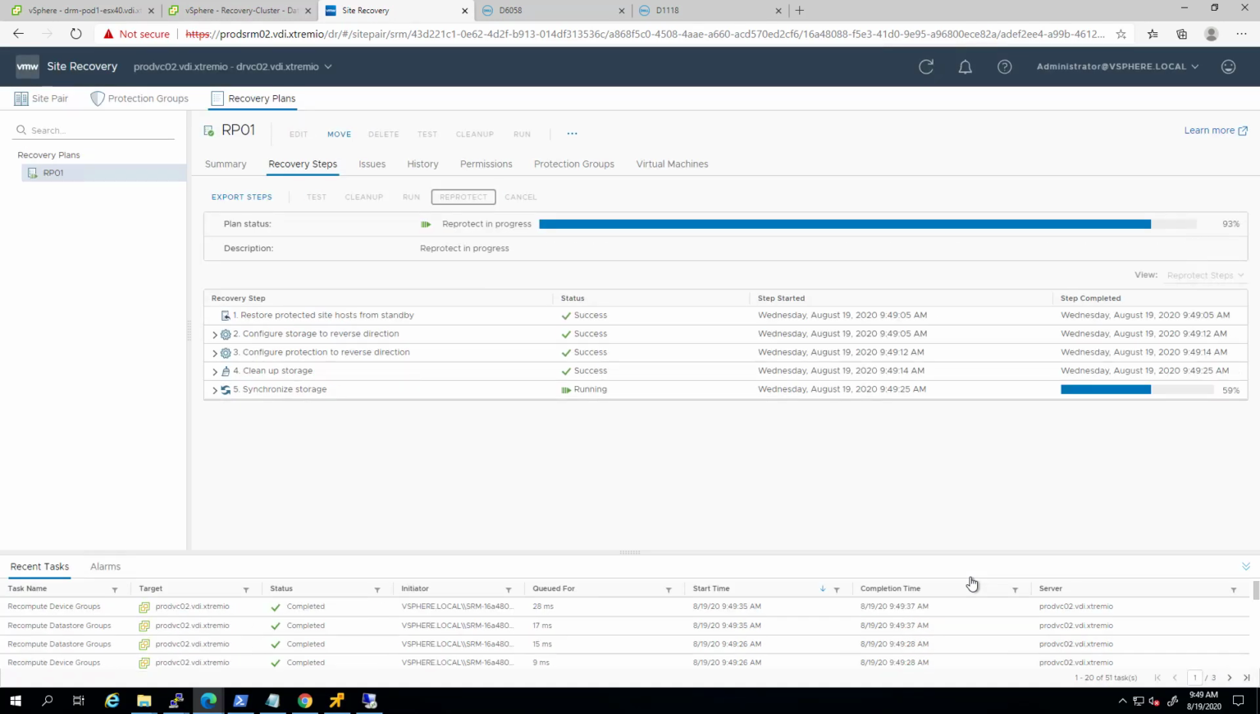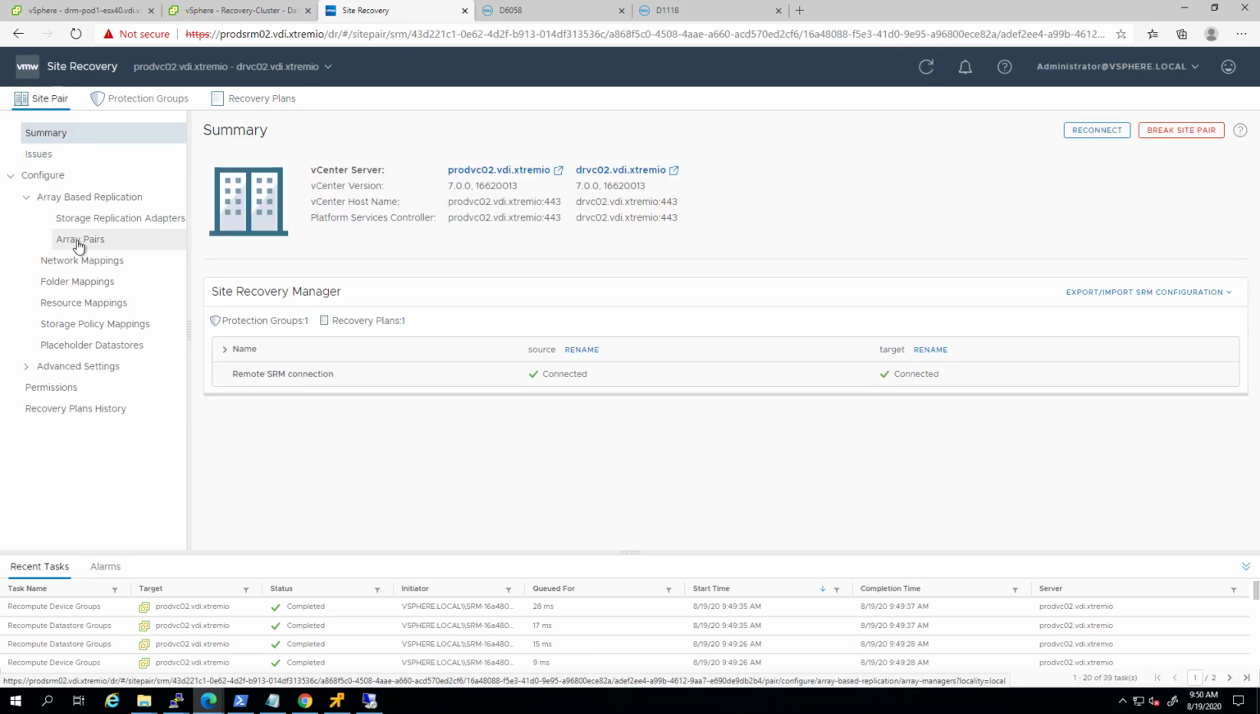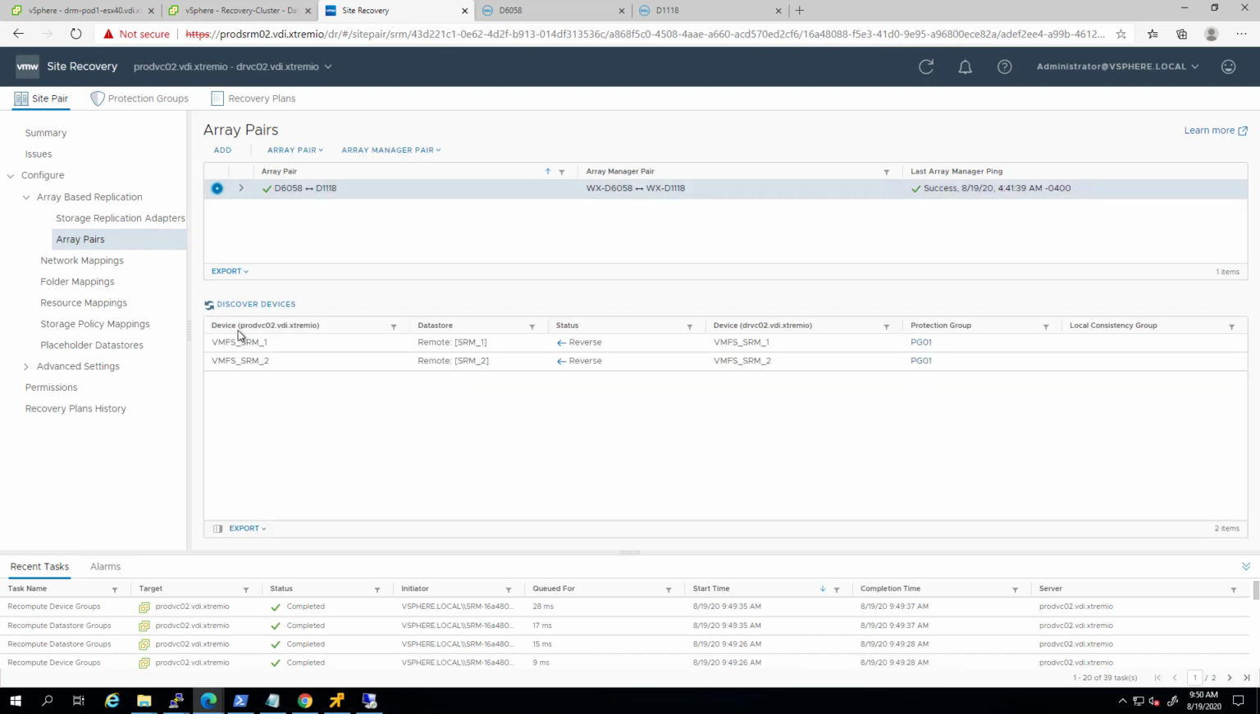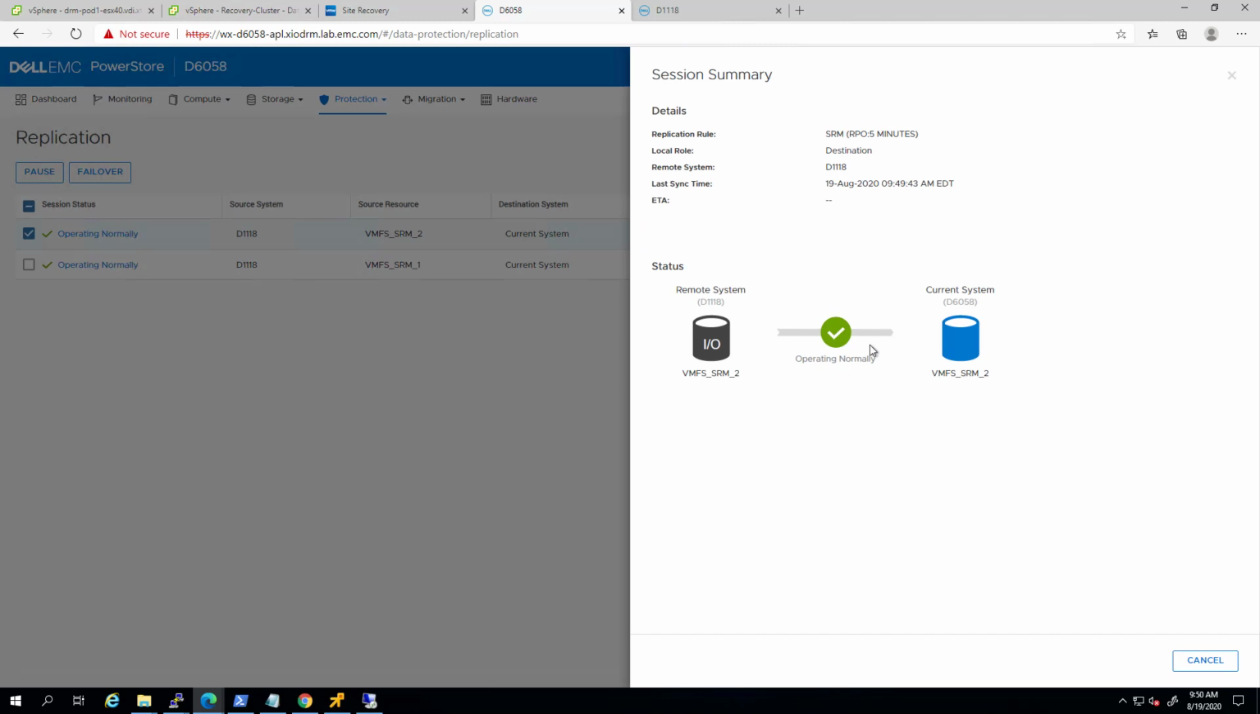This operation is completed successfully, and as you can see, the recovery plan status has changed to Ready. From the SRM Array Pairs tab, we can see that the replication is now going in the reverse direction. If we check the replication status from PowerStore UI again, we can see that now it is operating normally and replicating from the target to the source